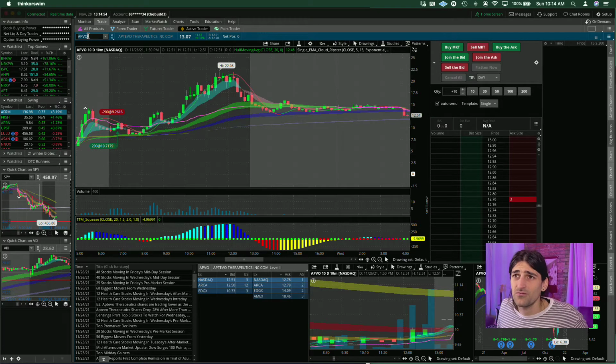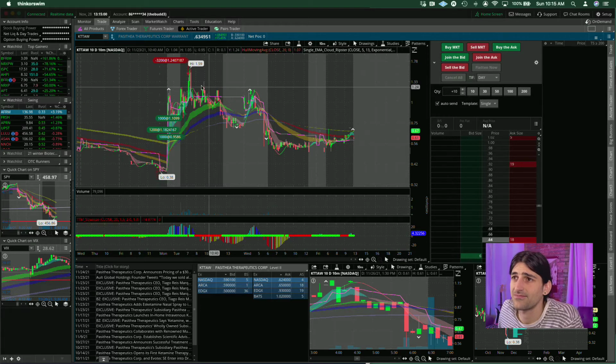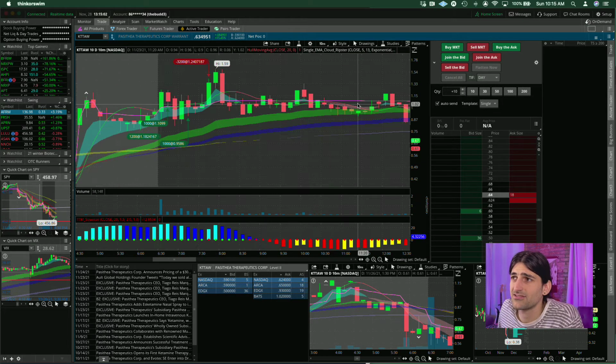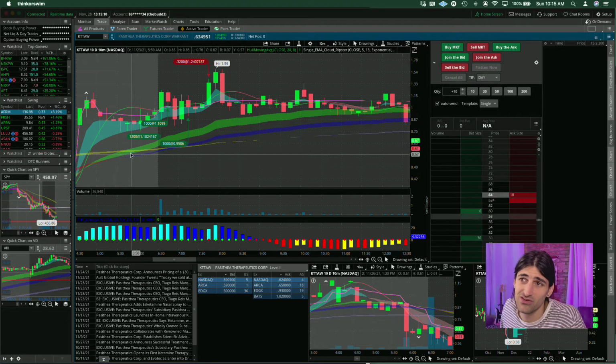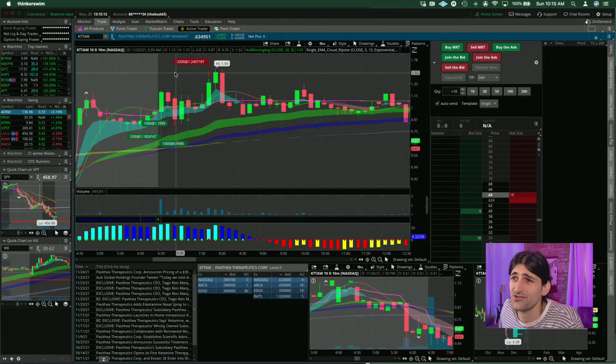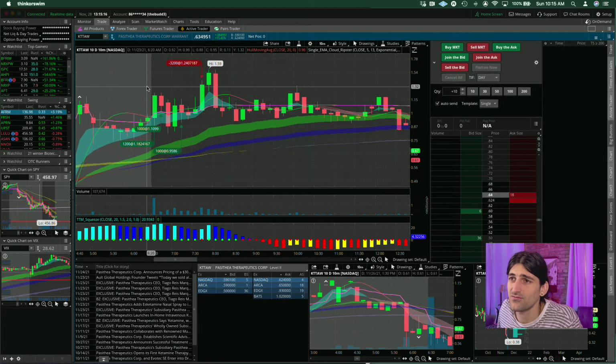Now moving over into KTTAW, which was a $480 something winner. I took this here. Now, this is the one that had the big intraday P&L swing. I did not handle it as well as I could have. My entries were not ideal. And that's partially because I was too focused on a 1-minute time frame as opposed to being on a 10-minute time frame. So I entered